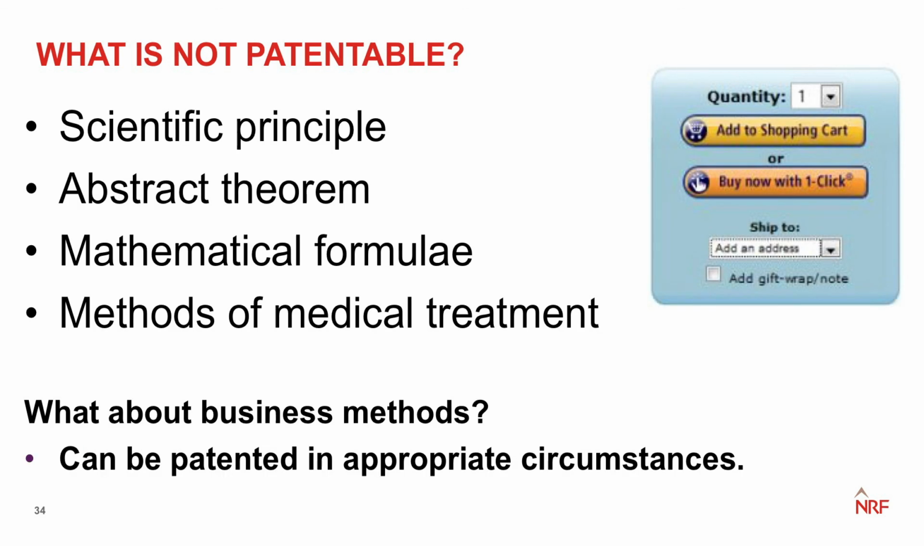So what is not patentable? Well, scientific principles. So you cannot patent, for example, the theory of relativity, the theory of gravity. Those formulas will not be patentable. Any abstract theorems, mathematical formulas, or methods of medical treatment. And the last one is particularly interesting because you'll often find,